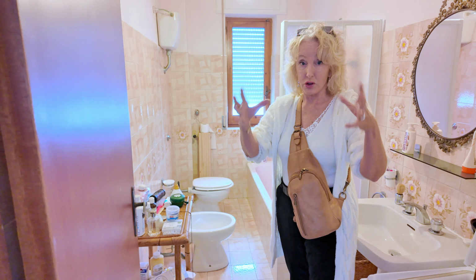Okay, and we have another bedroom. Now, let me tell you something. This looks like it's set up for kids, and that's all well and good. But if you're going to be living here, here's my suggestion. Because you have the same beautiful balcony and views out the front, and you're going to want to spend time there and spend time looking at that, I would make this into a little, like maybe a study, maybe a